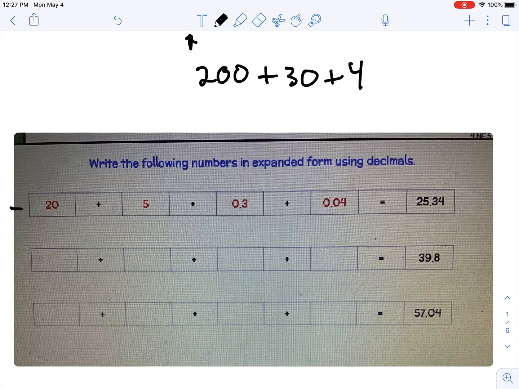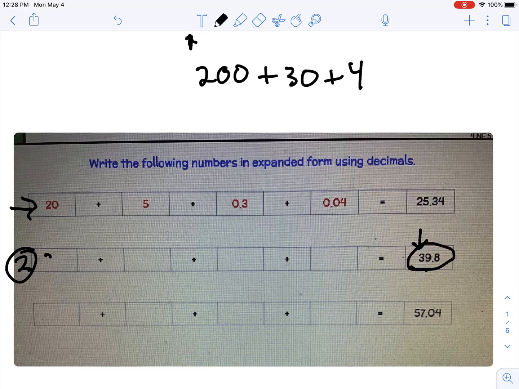All right, so we're going to do that with decimals. And they give you an example up here, but I'm going to do number 2 for you. So watch, and then you're going to do number 3. So when you write decimals in expanded form, it's the same thing as whole numbers. So if you look at my number over here, 39 and 8/10, it's the same thing. So what I'm going to do is look at my 3